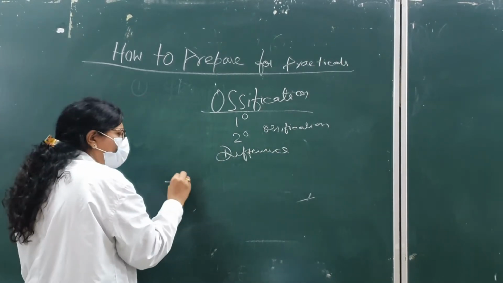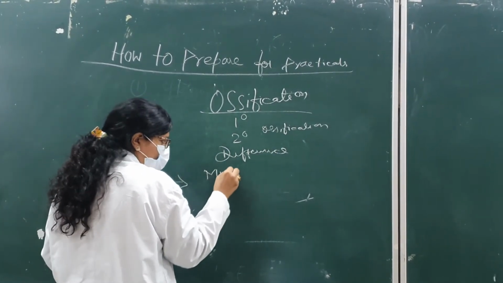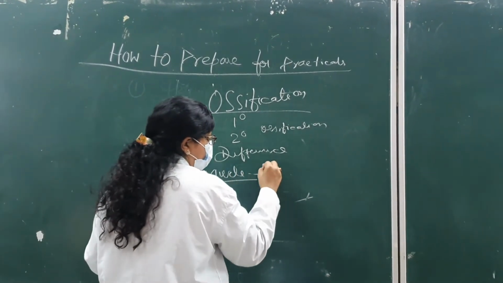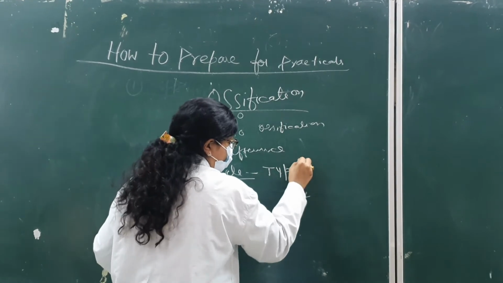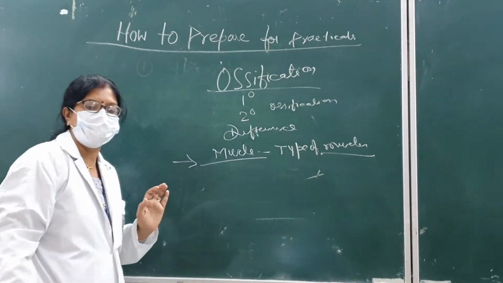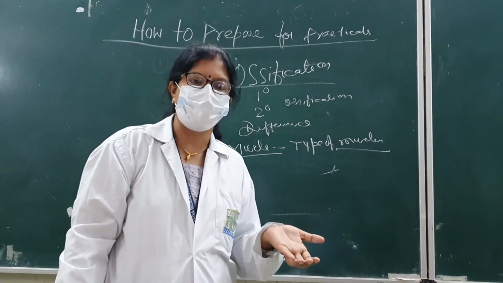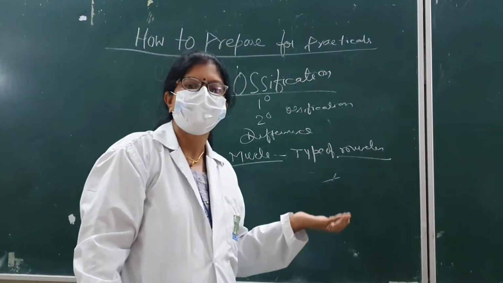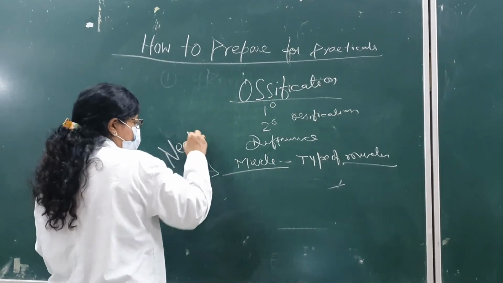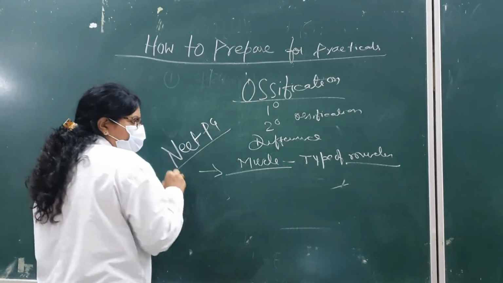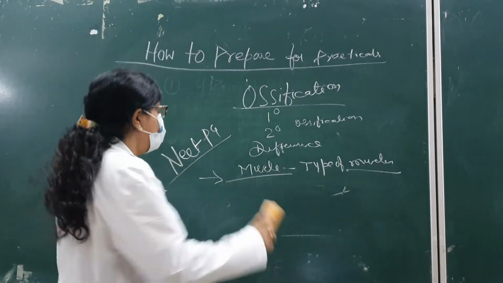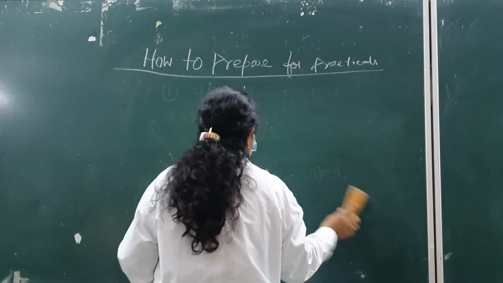Then a small knowledge about the muscle also, like in muscle viva, which type of muscle. These are also asked in postgraduate examinations, like NEET PG, if you will be preparing for that. So this is also asked in NEET PG entrances. So small ideas about it. Now the third point, third table.